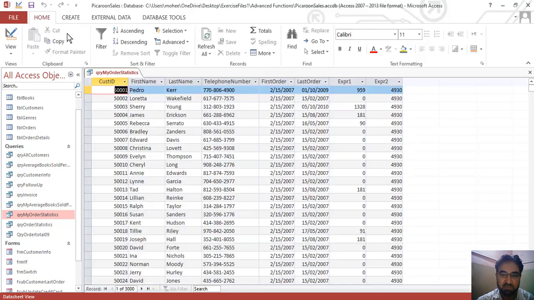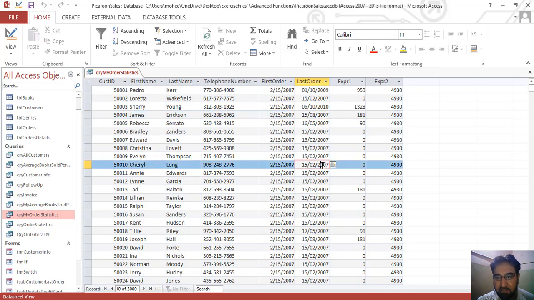Let's see what is the result of the query. So we can see that there are many days because this data is too old, and I am recording this tutorial in 2020, and this data belongs to 2007, 2008, 2009 and 2010.